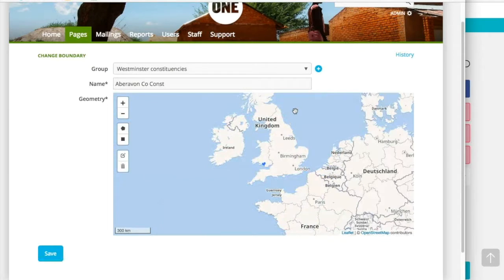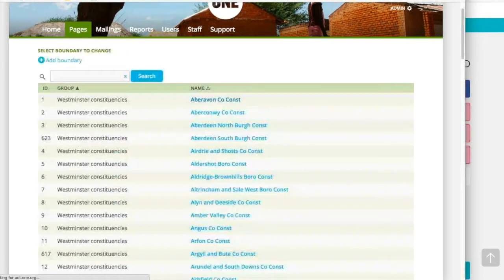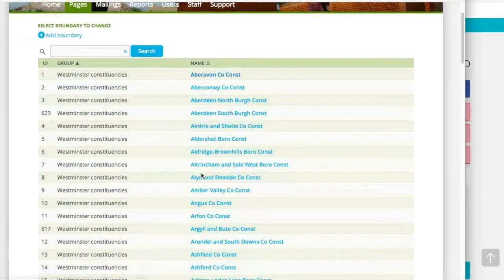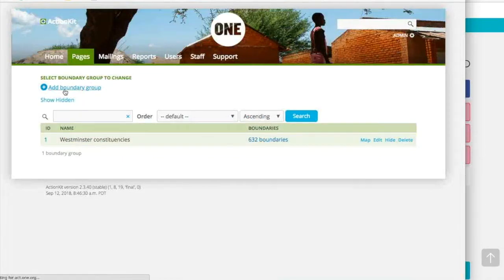So you could draw a shape that is, for example, UK plus Ireland, or you could draw a shape that's the British Channel, the English Channel. So you have several options for custom boundaries, but basically you're going to upload information here, and then as you're doing that,